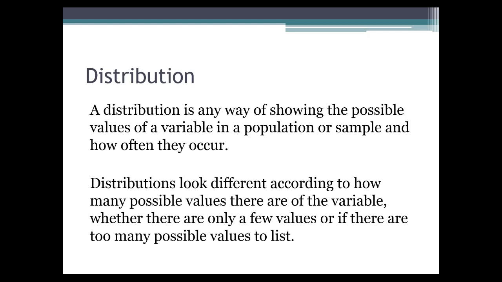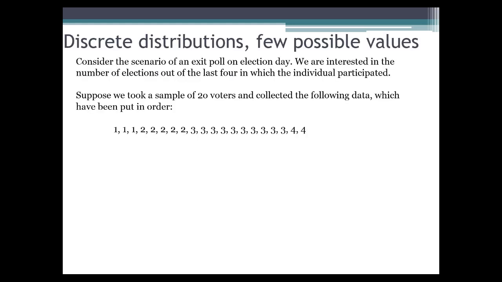So the definition of a distribution: it's really just any way of showing all of the possible values of a variable together with how often they occur. Let's look at some examples here. We'll start with discrete distributions where there are only a few possible values. In this example, we've got an exit poll on election day, and we're asking people as they come out from the polls, how many elections out of the last 4 did you vote? We collected the following data: some 1s, 2s, 3s, and 4s. These are put in order to make it easier for you to count, although we're just going to have SPSS